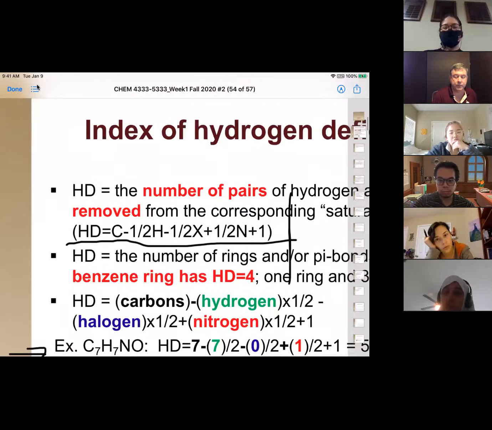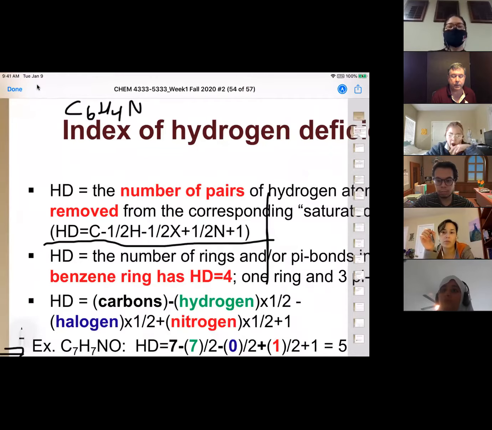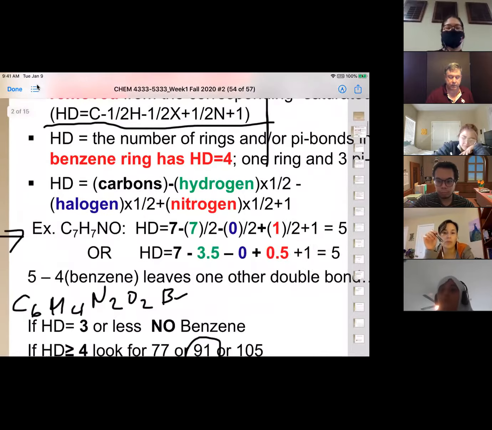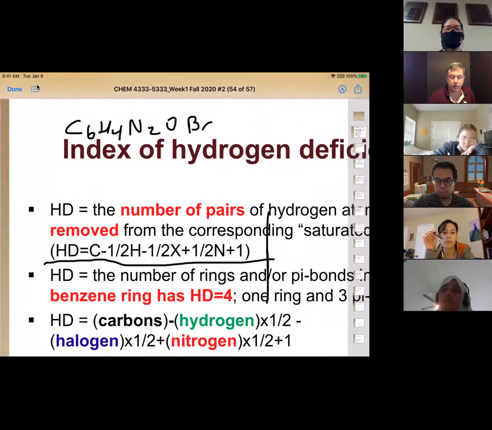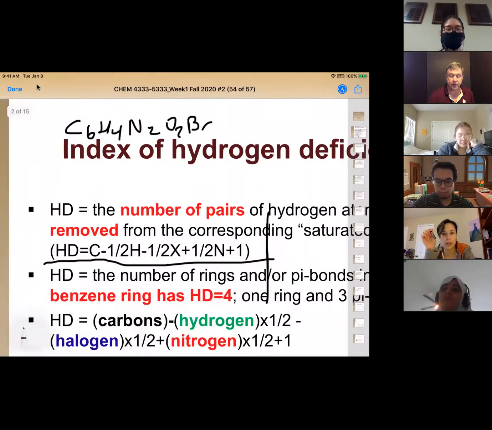C6H4N2O2Br. Okay, so our hydrogen deficiency index calculation is going to be equal to 6 because of the 6 on the carbon,